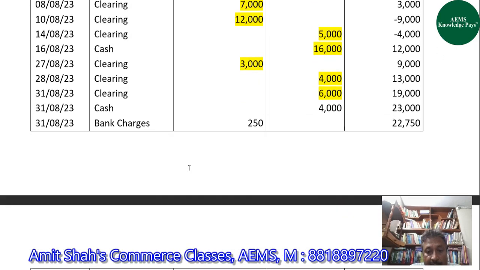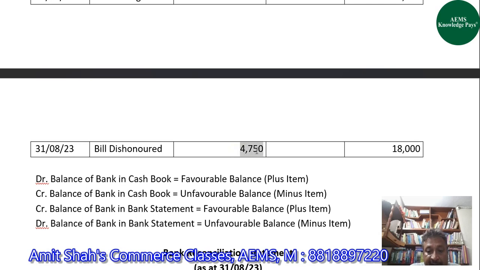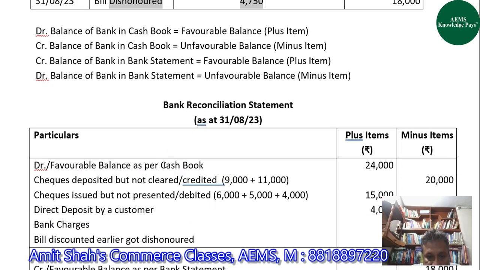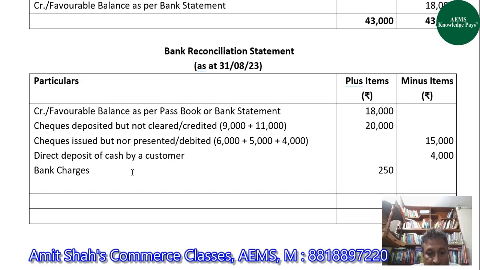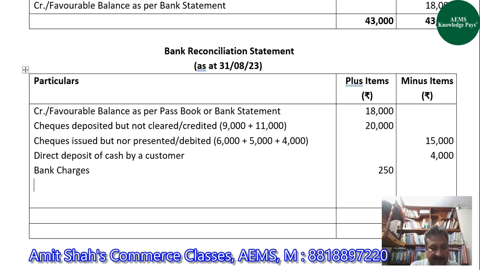Yes, sir. The last one, guys, is a bill which was discounted earlier has got dishonored, and because of this, again, our bank has decreased our balance. That is, the bank has withdrawn rupees 4,750 from our account. Since we do not know this, it is not recorded in our cash book, and because of this, in our cash book, the balance is more. So it will also come in plus item column,